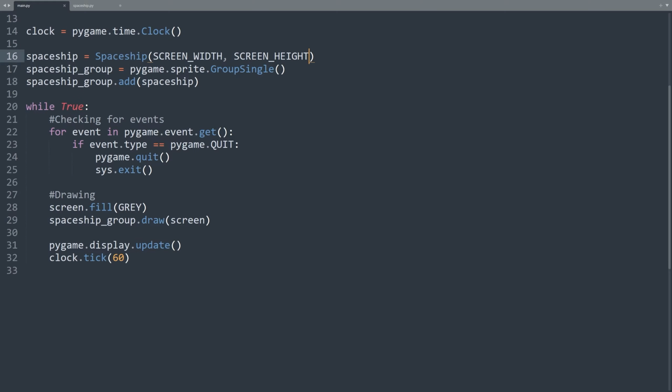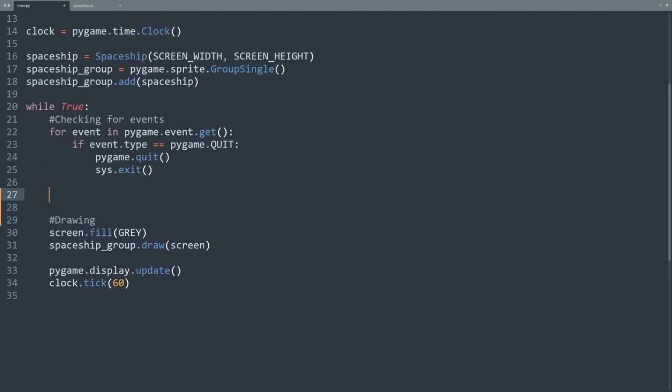We can call the update method of the spaceship class itself, or we can call the update method of the spaceship group that contains the spaceship sprite. In the game loop, before the draw method here, let's call the update method of the spaceship group, which will call the update method of the spaceship object automatically.